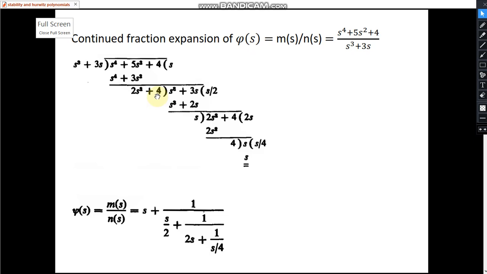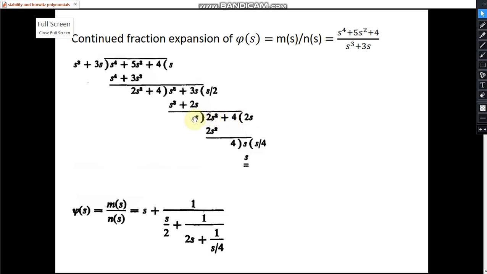Now we have to invert it. In order to invert it, put this sign here. Write this thing exactly at this place. We are inverting. So copy this from here and put it in this place and put the sign like this, and this divided by this will come out to be s by 2. Now multiply this s by 2 with this thing, this minus this will come out to be this. Now again repeat the same thing, copy this thing from here and write it down here. Then what is to be done?